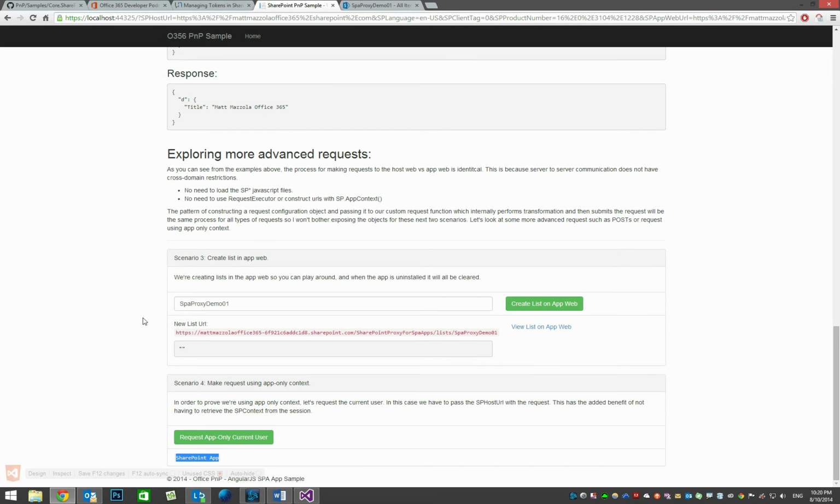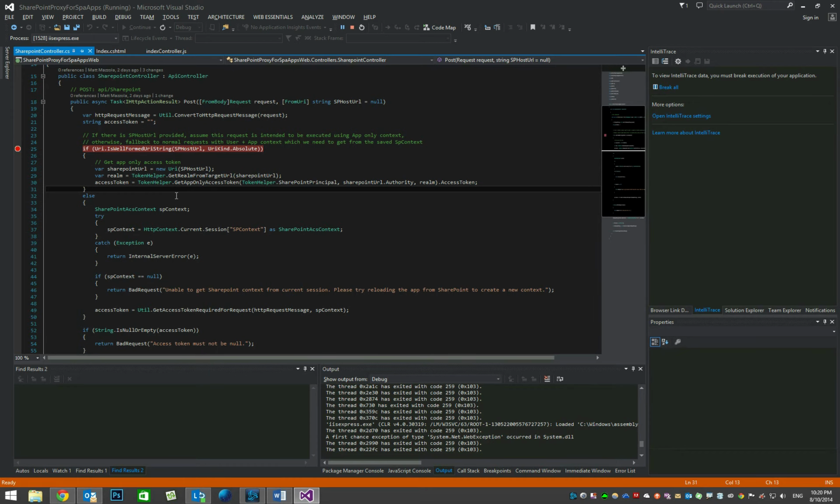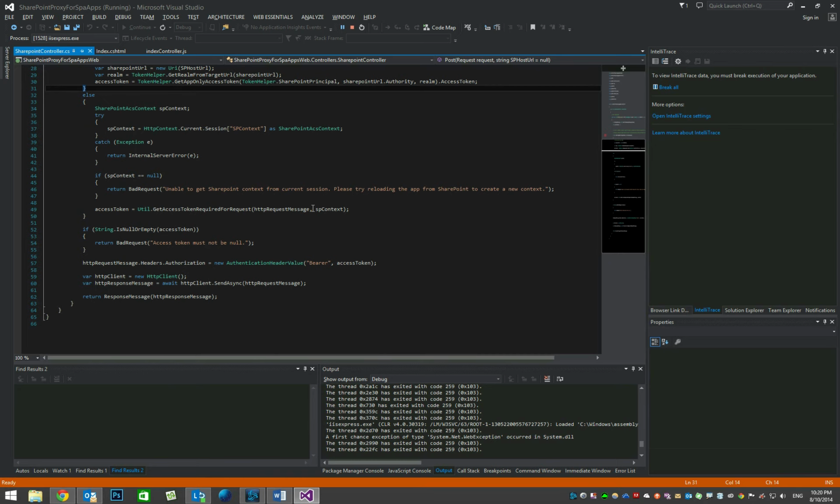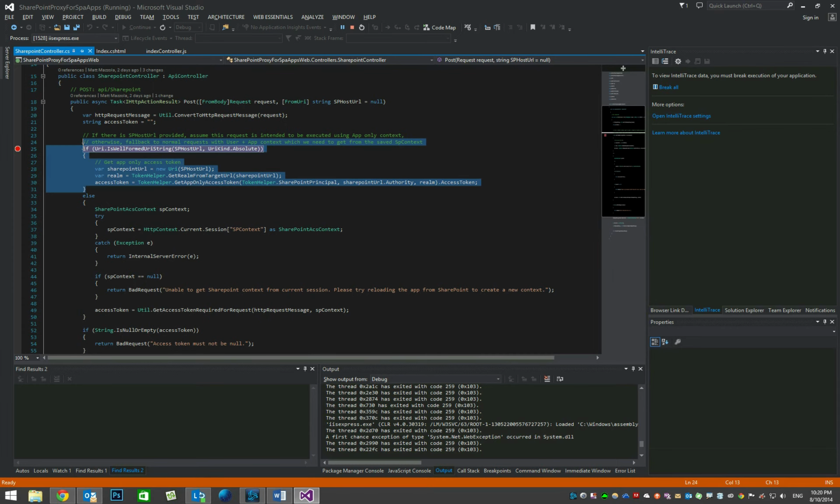Okay, here we are. So that was one thing that was changed, the ability to do app-only access. Technically, you could get an app-only access token from the SP context, but one advantage of doing it this way is that if for some reason you're running this app and you can't use